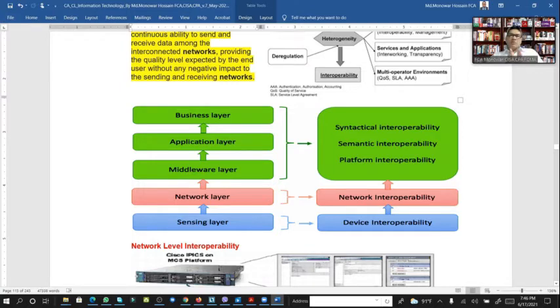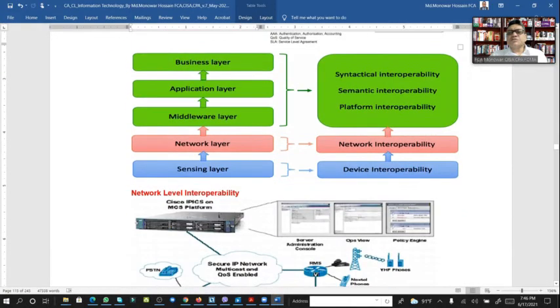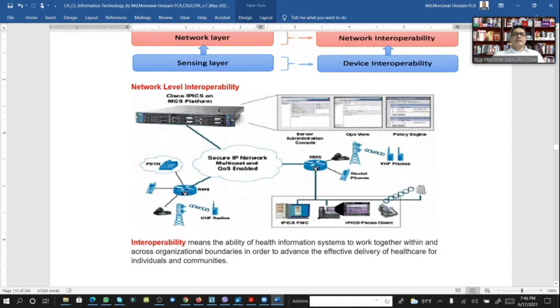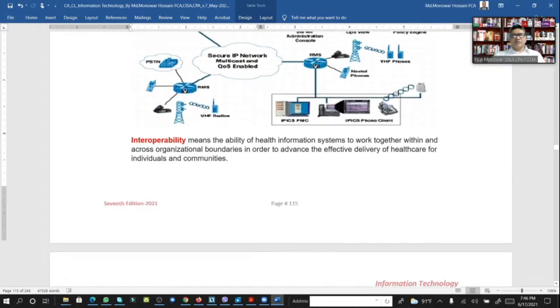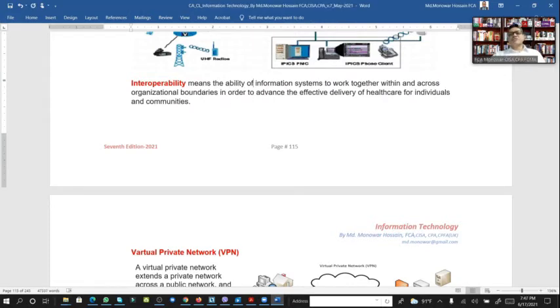All layers work through interoperability. So this is how conversion network and network layer interoperability work. Interoperability means the ability of information systems to work together across organizational boundaries in order to advance the effective delivery of service